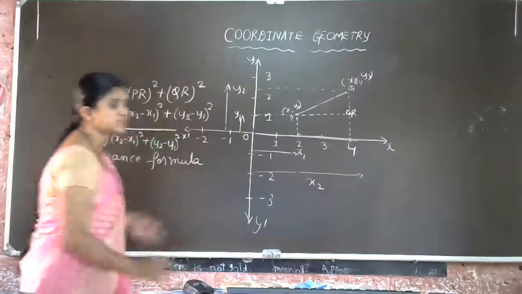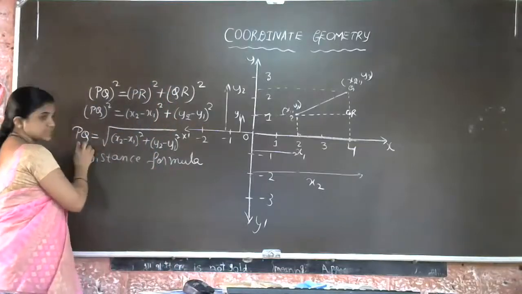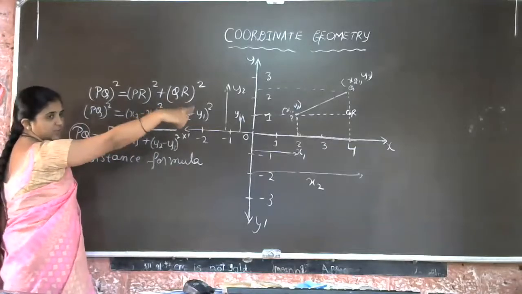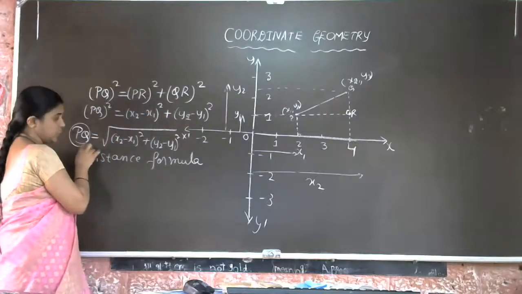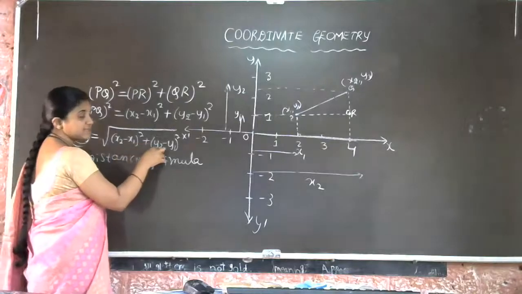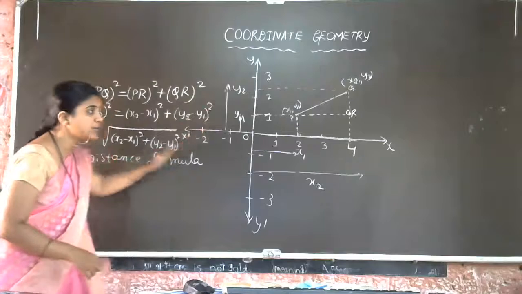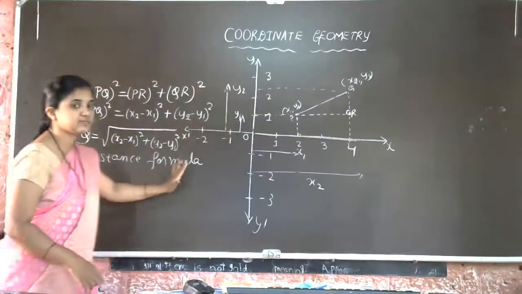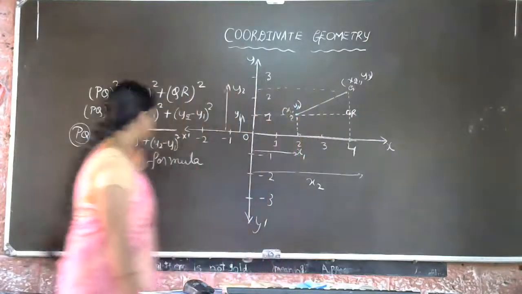Okay, now you just see. So this is called the distance formula. Distance D is equal to, here I took the name of that distance only. PQ is the distance we have to find out, that's why I took distance D. D is equal to square root of x2 minus x1 whole square plus y2 minus y1 whole square. You got the derivation, partner. So to find the distance of this PQ, we have to use this formula.